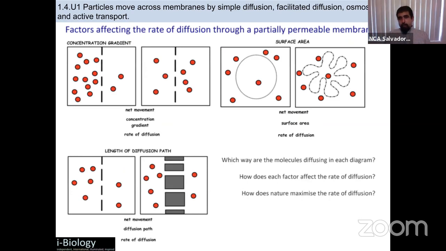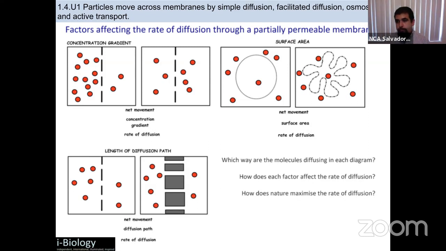Certain factors are going to affect how diffusion actually works. Number one, the concentration gradient, which is, hey, is there a big difference between the inside and the outside? If there is, then it's always going to go from high to low. The second thing that's going to affect the rate at which diffusion occurs is surface area. Okay, if you have a large surface area, then you're able to move things quicker than if you have a